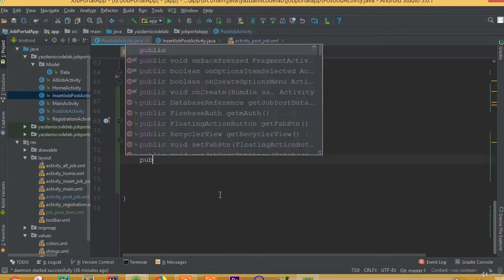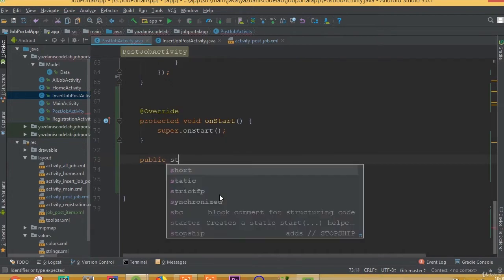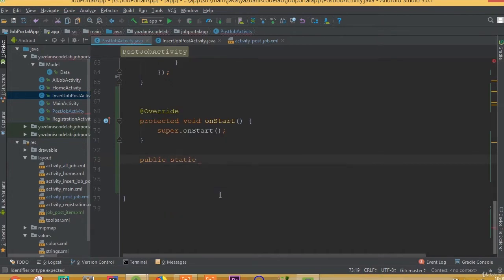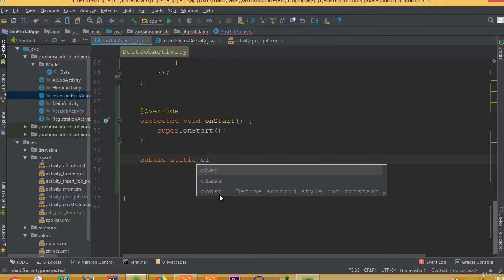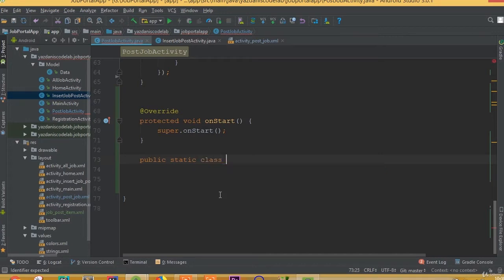We can call it public static class. So public static class is equal to class, we can call it MyViewHolder extends RecyclerView.ViewHolder,